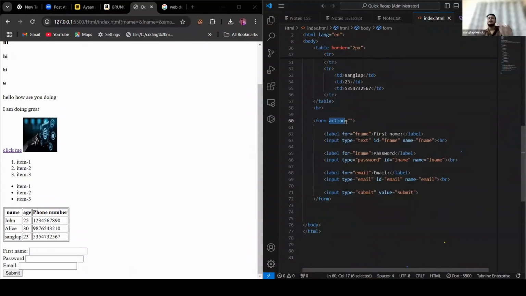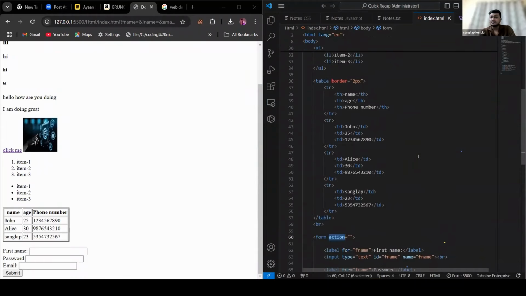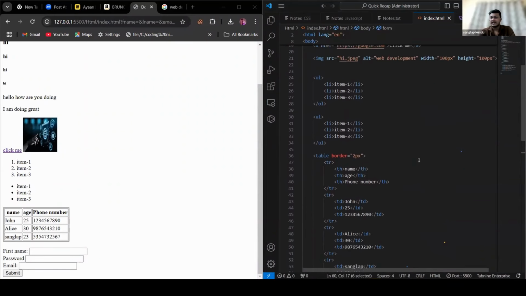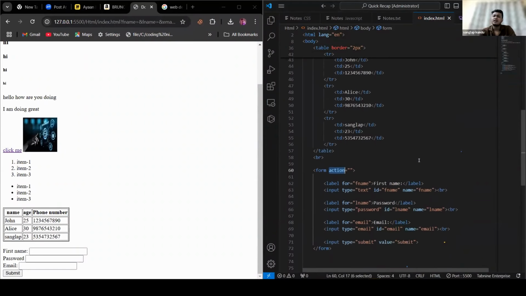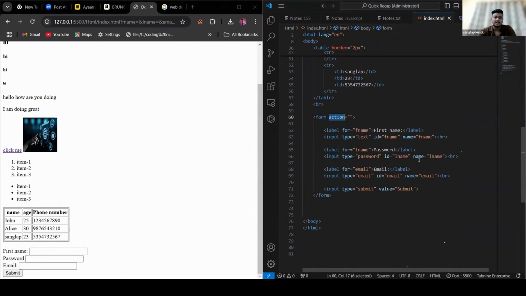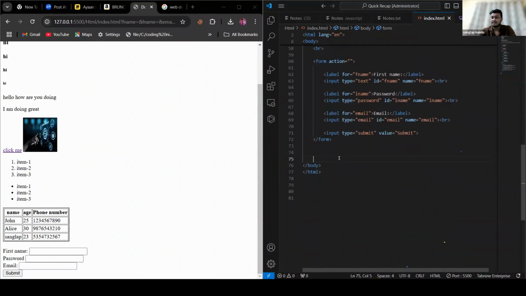This is the default nature of your form, that whenever someone submits this form, your page would be reloaded. Great. So these are some of the very important tags of HTML. Now there are many more other tags, right? An interesting tag is iframe. So if you go to YouTube,